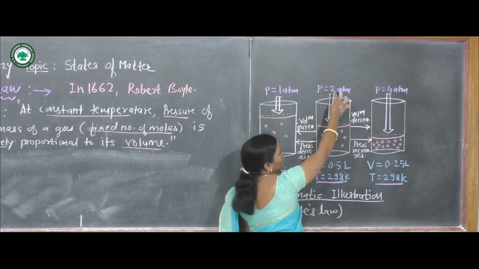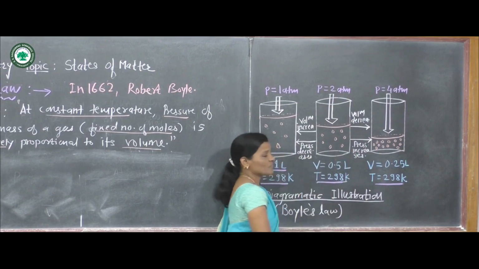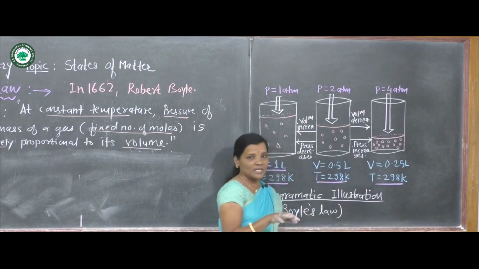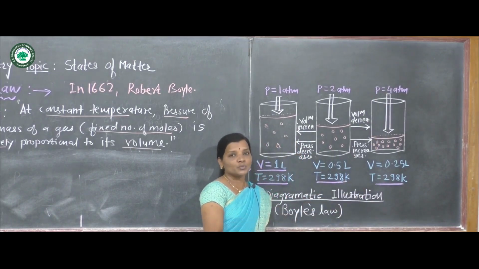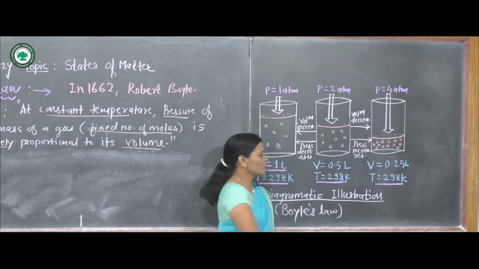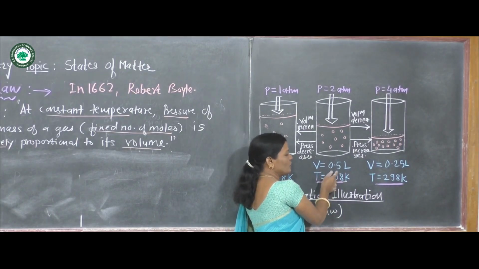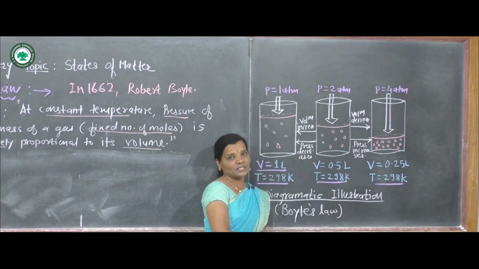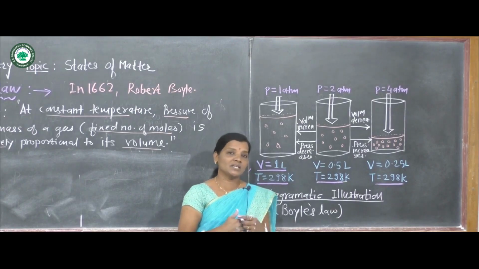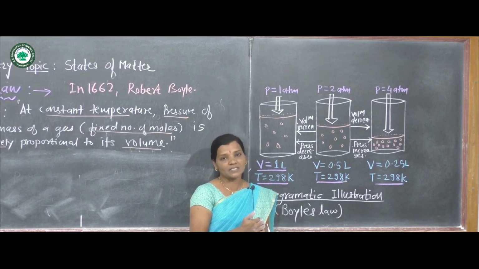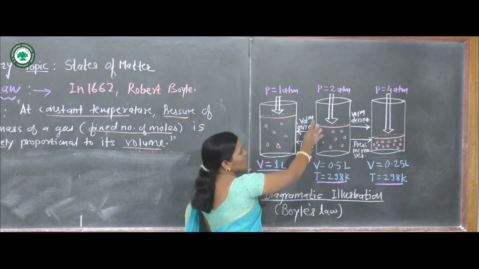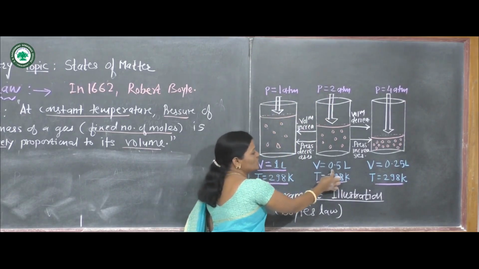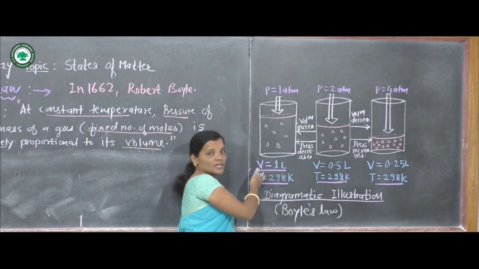Now pressure is 2 atmosphere, volume is 0.5 liter. Pressure is doubled, that becomes 4 atmosphere, then volume is decreased by 1 by 2. Volume is decreased by 1 by 2 because volume is 0.5 liter. If we divide 0.5 by 2, we get volume 0.25 liter. That means whatever amount pressure is increased, with respect to that the volume of that system decreases. And here pressure is 2 atmosphere; if pressure becomes half, then volume, which is 0.5 liter, becomes doubled.